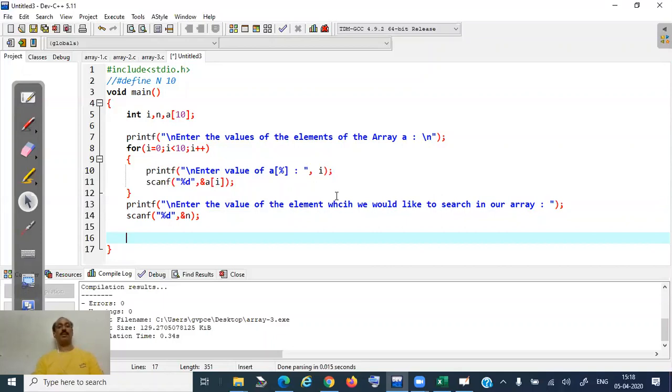So before checking that, I'll print the elements and then I'll check the condition. So for i is equal to 0, i less than 10, i plus plus,